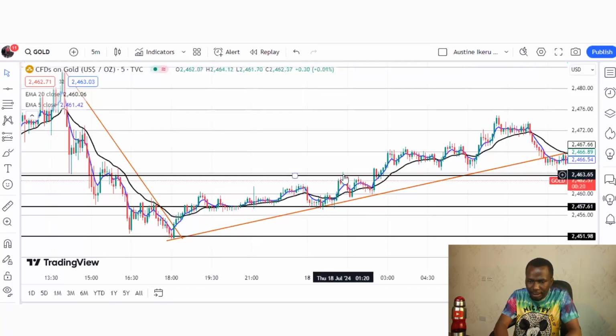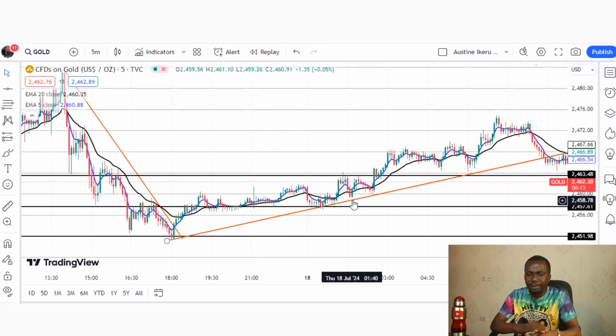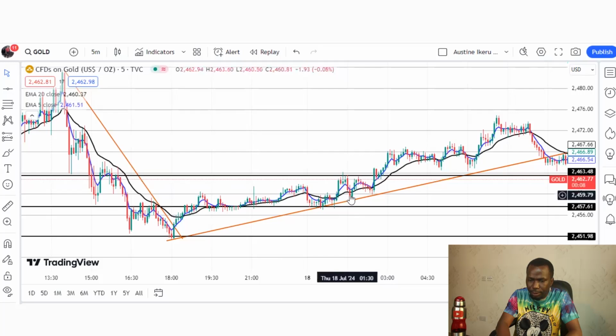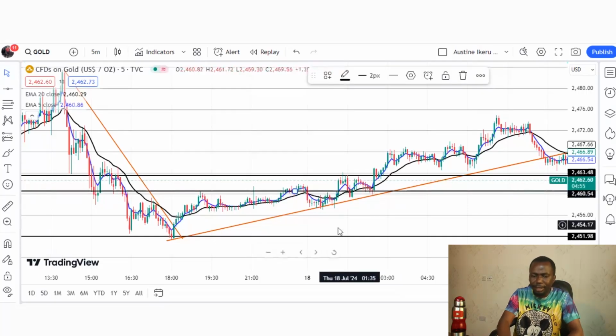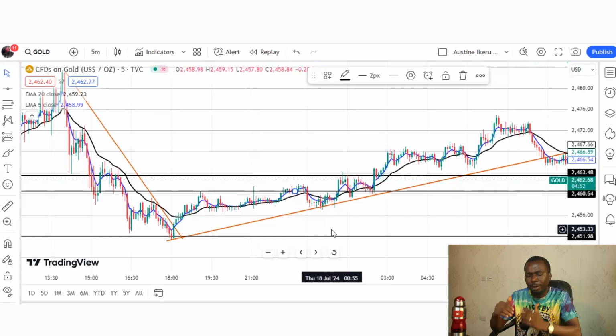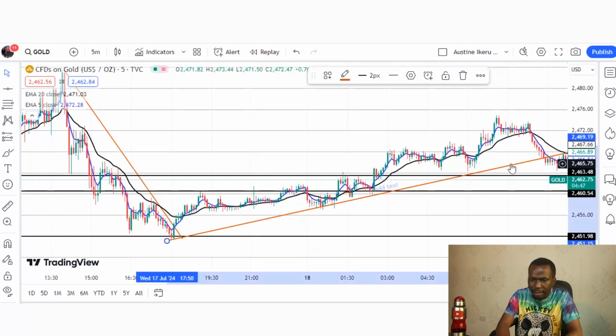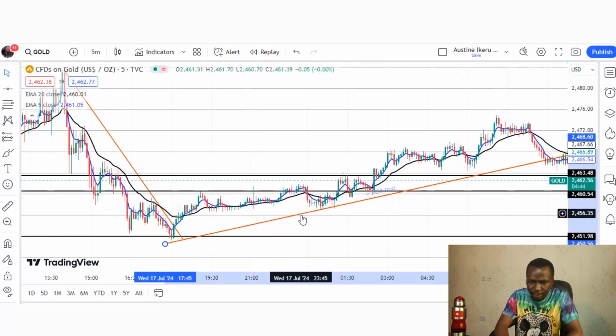As the market smashes our take profit, we still place a pending buy order at the support level, right? Or we wait for the price to make a retracement again to our support level, and then you can clearly see that the market rallied down again to the moving average, which is now acting as our support level, which is the 20 EMA. This 20 EMA is acting as our support level. We now place our buy trade. Now you can see that the market is going up, telling us that the trend is still in progress. So this time is when we are going to plot our trend line. So this is the trend line.